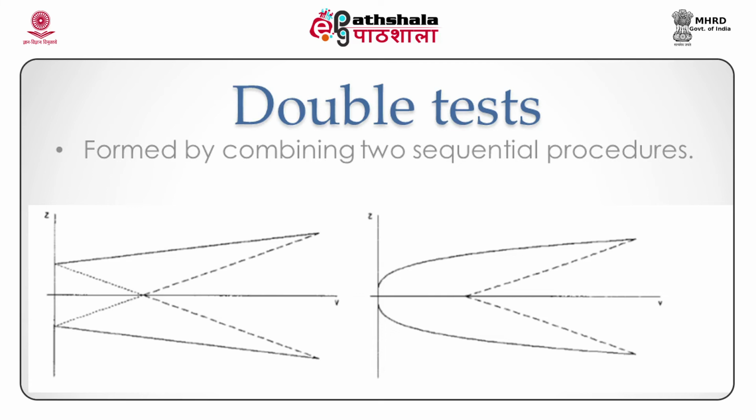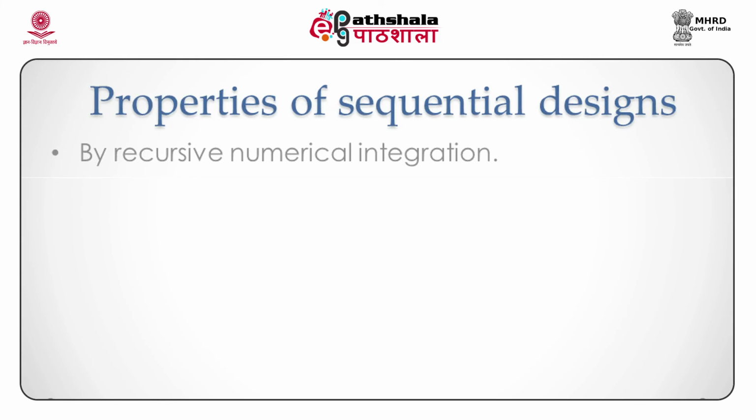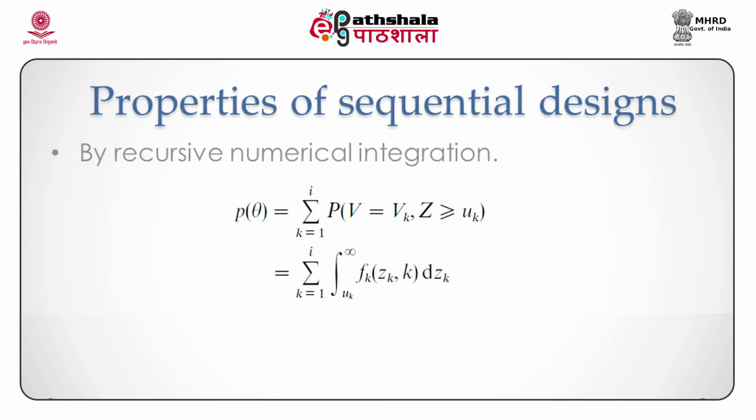Now, once we have chosen our stopping limits, to evaluate the properties of the resulting sequential design, we need to use recursive numerical integration. So for example, if p theta denotes the probability that the sample path of the statistic Z will exceed one of the upper stopping limits at or before the ith interim analysis, then this probability is given by p theta equal to the summation from k equal to 1 to i of the probability that V equals vk and Z is